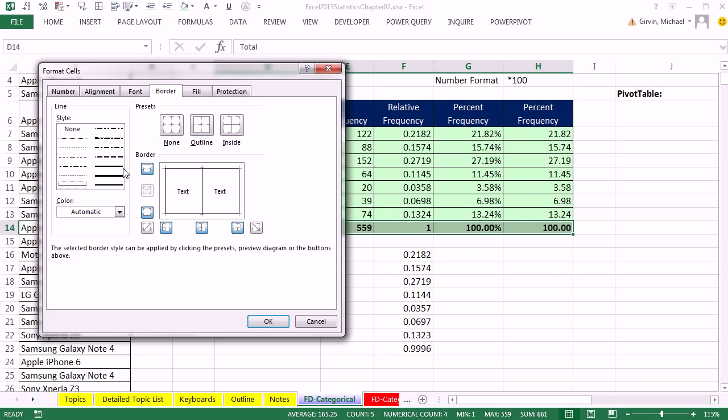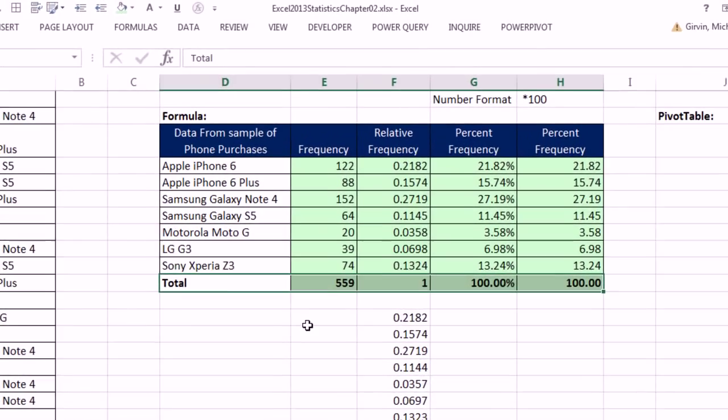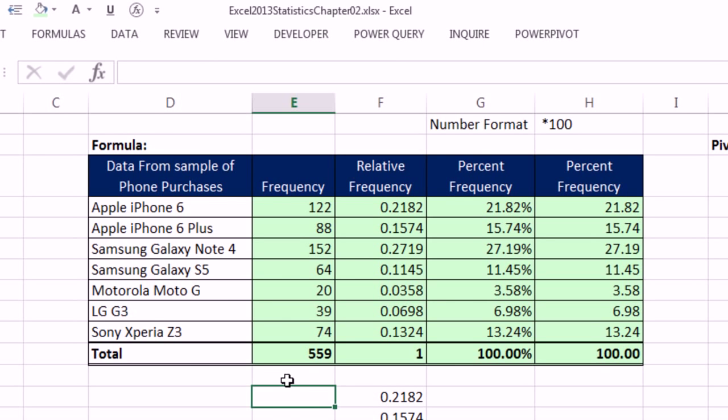Now what we want is we want a dark line. So the order is you pick your line, then you select your color if you want, but our default is fine, and you click. Now you could use these buttons here, but I like to draw it. You just click. Line, color, and then click. And there we have it. That's the famous dark line and a double line to indicate this is the bottom line. Click OK. Hey, that didn't do anything. But if I click outside, sure enough, I can see that the borders are looking good.